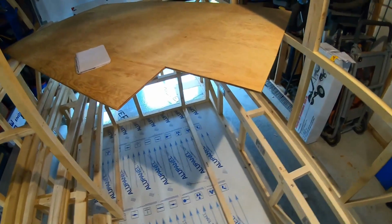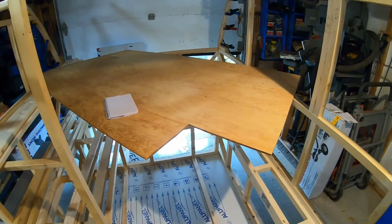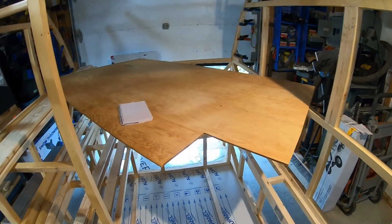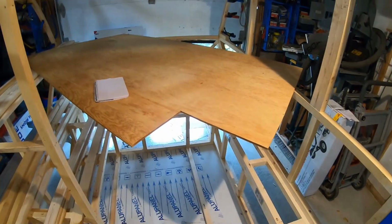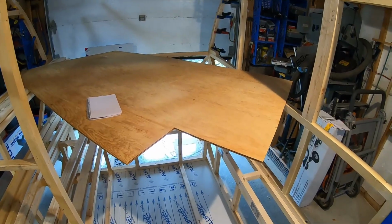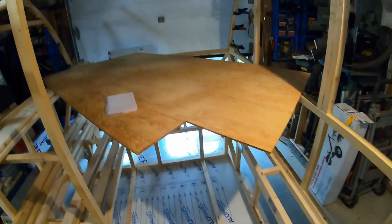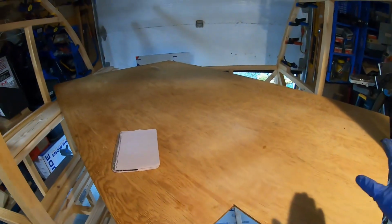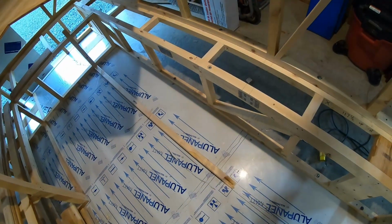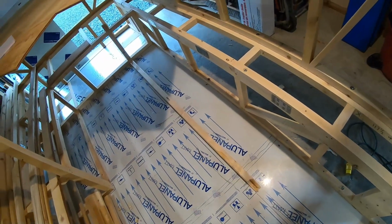Well, I kind of lost my workstation to screw the pieces together because it's raining outside. So I'm going to have to make do. I figured that I'd put this in here so I can lay my pieces on when I screw them, because I just had a consult with the